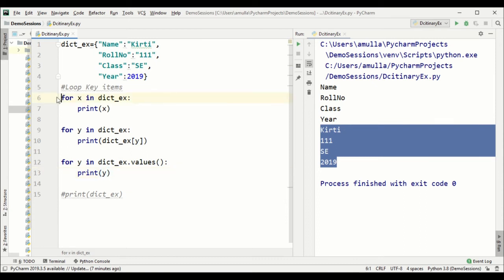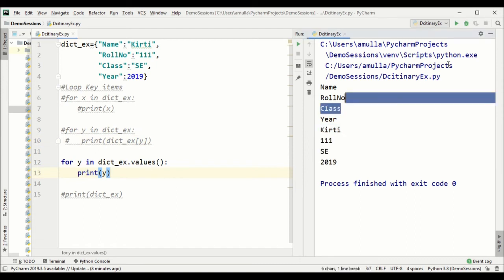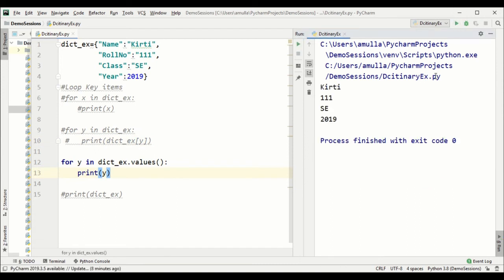So it's better I'll comment this all. So now it's returning the values. So what we have used is values method. It returns the values in the dictionary. Okay,